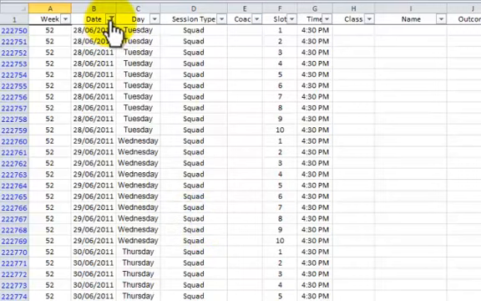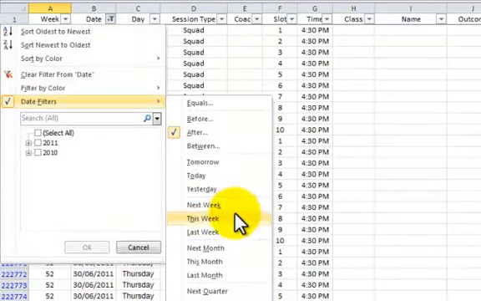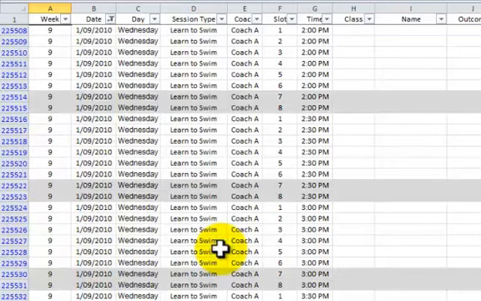Another example might be if you wanted to click on the drop down again, and this time you select date filters, and you might just simply want to look at next week or this week or next month or whatever you like there. So let's just imagine we wanted to look at next month. We can click on that button, and that'll give us all of September's information. And then obviously we can add additional filtering to that as well. Okay, so that's an extra feature of the date filtering option. Now, just if you don't want to go across